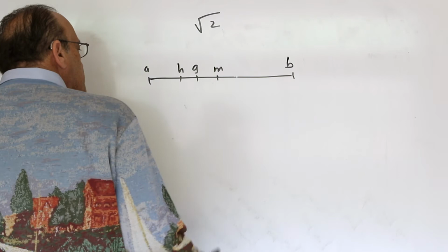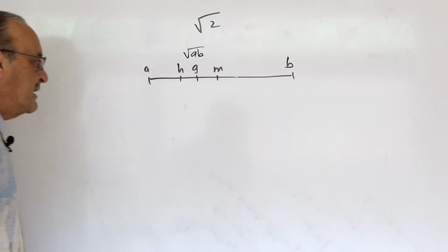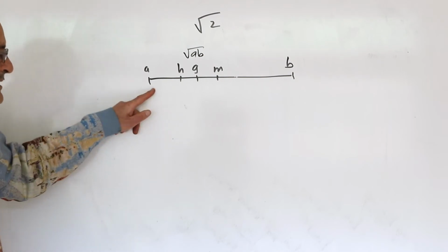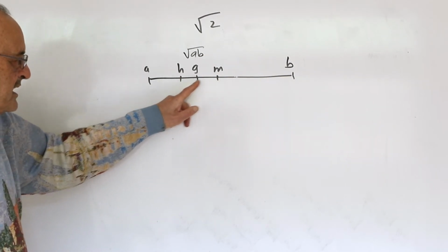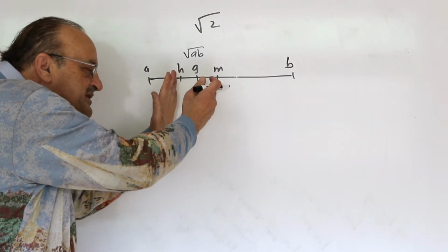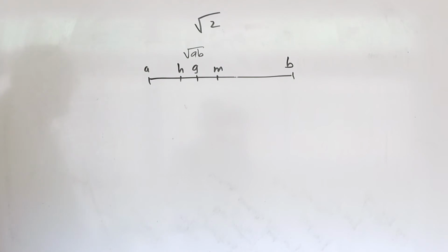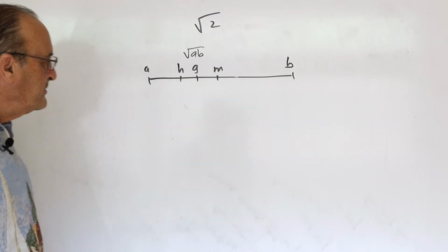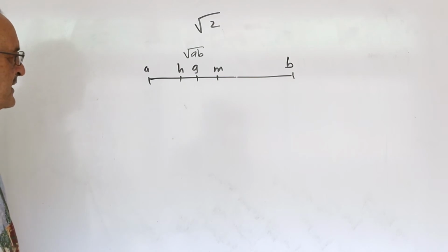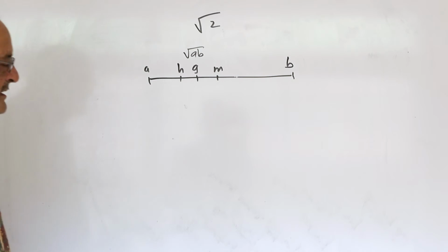And so here I'm going to have the square root of A times B. And if A and B are close to each other, H and M will be even closer, and G will be in between. So I'm going to try to squeeze in on G. That's one way to calculate a square root. So for example, suppose I want A and B to be very close to M. So one way to do that is I know from